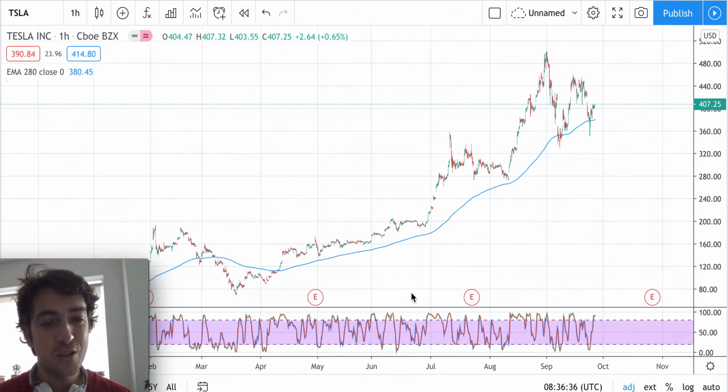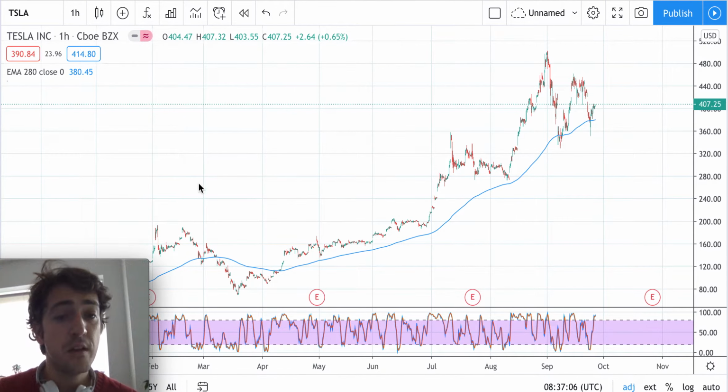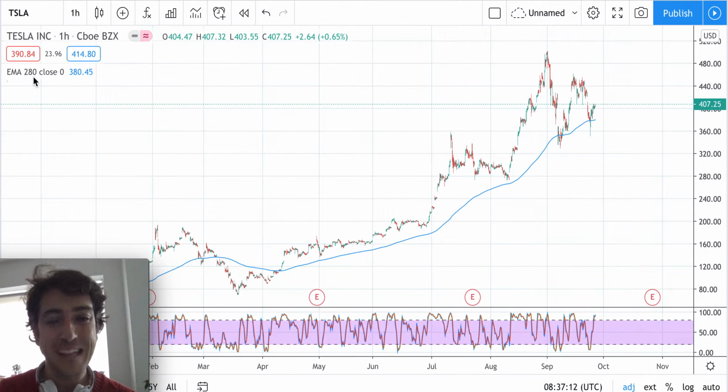But the idea is that it's better to stay on the simple tools, and they are even the most trustworthy. Exponential moving averages and trend lines are the best personally, from what I saw and what I've read, and based on my experience they are the most trustworthy tools, and I would like to follow them rather than more sophisticated or complicated ones than a simple exponential moving average. So in this case, the exponential moving average of 280 gives us a perfect trend line